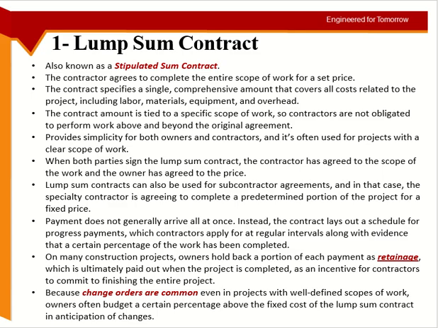The advantage is that it becomes very simple. You will give me this whole product in the end, and I will give you this much amount in the end. It becomes very simple, but it only works when you have a clear scope of work. Everything is well defined: what type of columns I want, what type of beams, what type of framework, formwork, and so on. So the exchange is the contractor agrees to the scope of work, and the client agrees to the price.